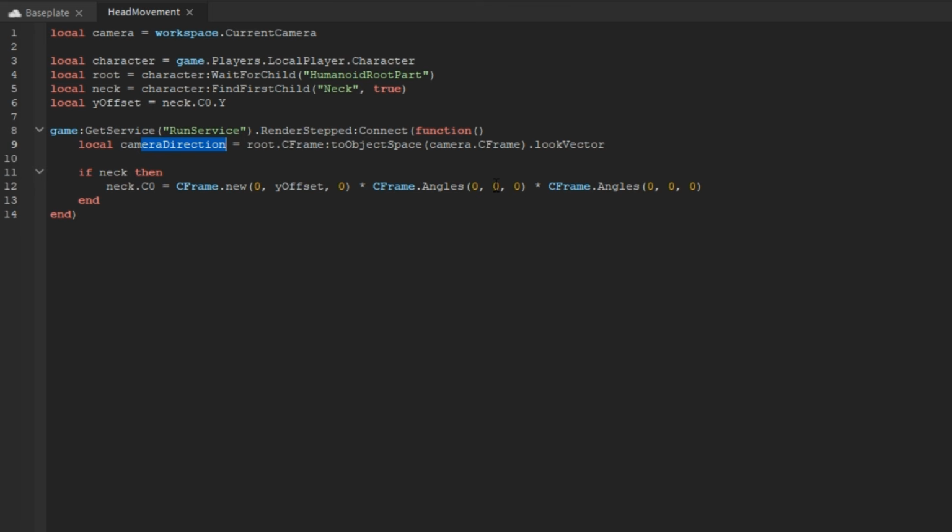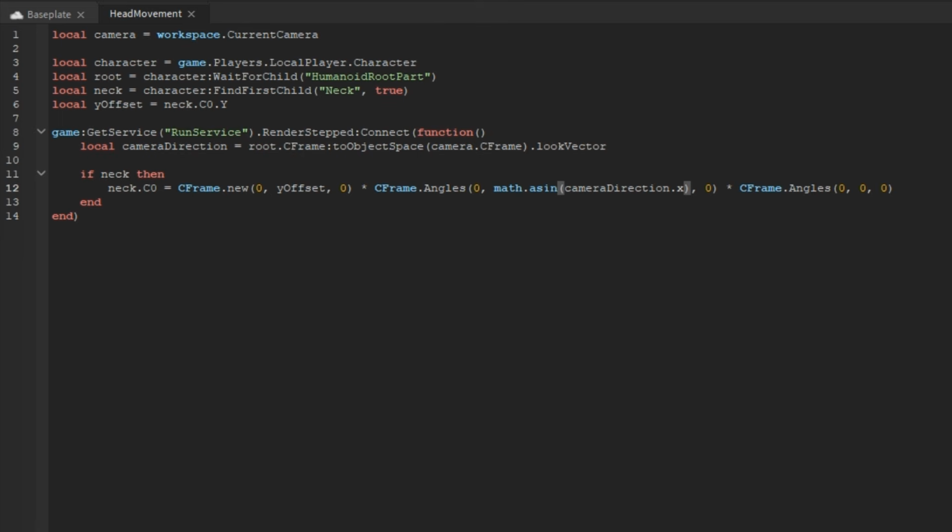In this first one, we need to find the angle of left to right. So obviously for left to right, we're going to use camera direction dot x, and then we need to find the inverse sine of that. So to do that, we do math.asin, and if we go ahead and test that,